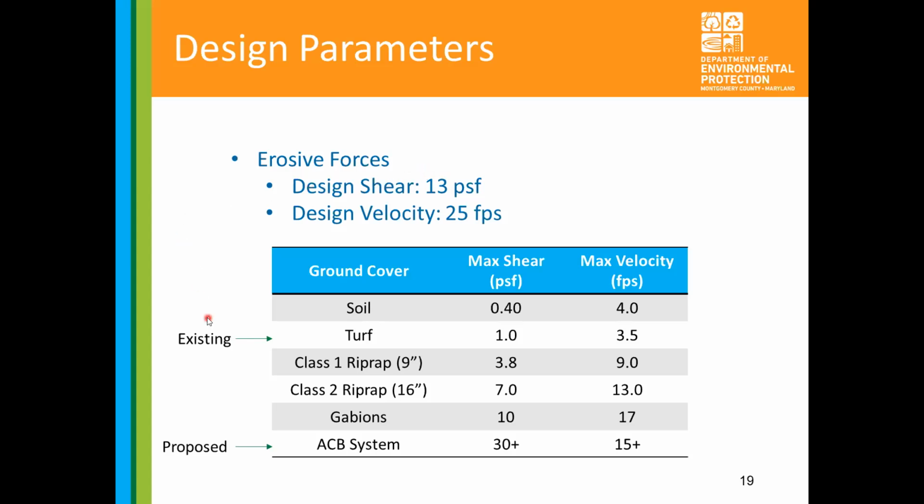So what we have existing is actually a little bit of gabions at the top, but then turf for the rest. So as you can see, you're talking 1 to 10, and our design is 13 and 17, but that's for higher end systems, and it would be for the entire system. This is only provided at the top, and 3.5, which is very much lower than the 25 we care about. So what we're proposing, the ACB system, is more than adequate to provide the shear and velocity